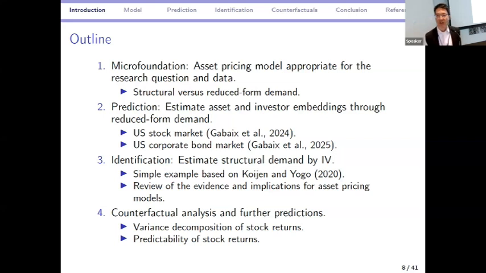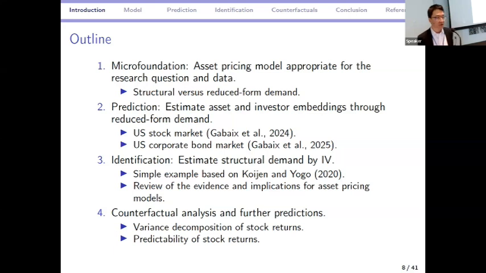Some people think that with demand systems, you need to identify elasticities to be useful. Well, if the goal is just prediction, you don't have to go that far. Without any identifying assumptions that require you to do IV, you can actually do predictions based on principal component analysis of holdings data. Now, if you want to go further and make further assumptions, you can do identification.